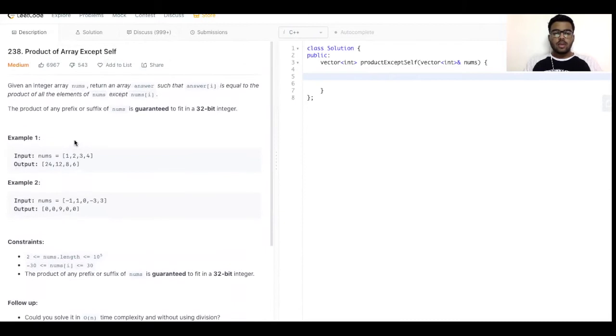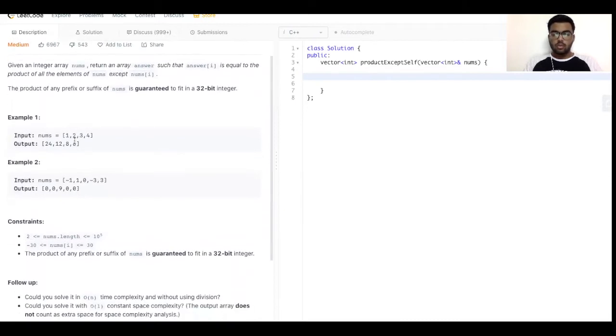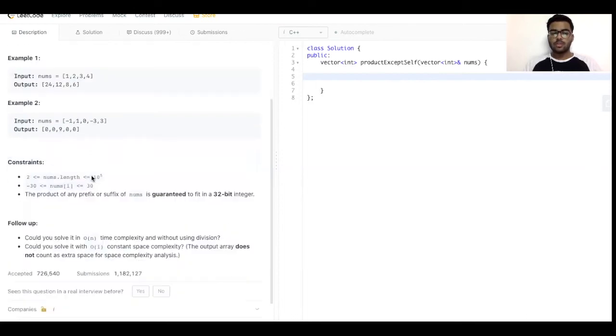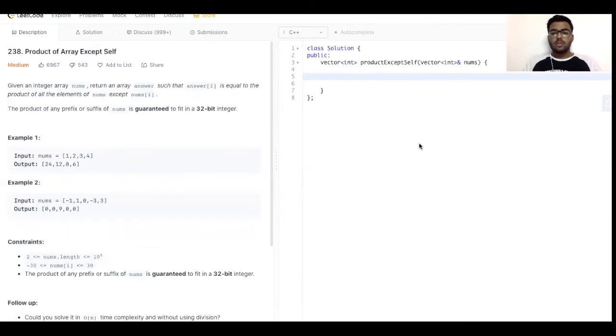So basically we have to return an array which contains the product of all the elements except the element at that position, and all the other elements must be multiplied. The answer of the multiplication should be there at that position. So what we can do here is that